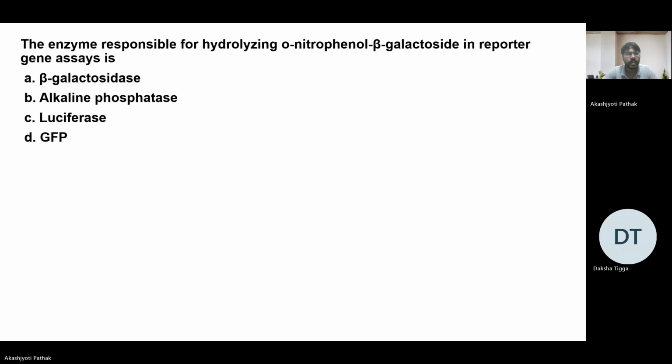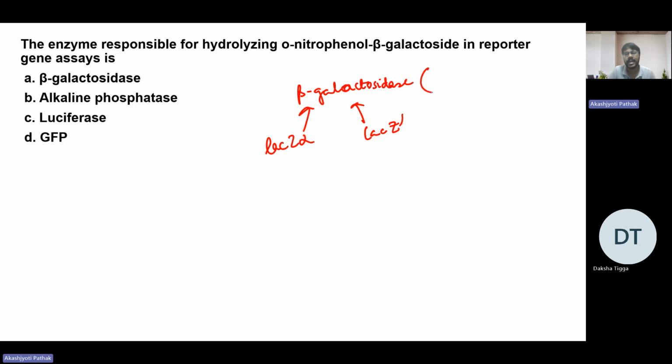Okay. Now, the enzyme responsible for hydrolyzing O-nitrophenyl beta-galactoside in reporter gene assay is what? So just now I said that this beta-galactosidase was produced by what? It was produced by two different genes which have been cloned separately. That is the lacZ alpha, and another is the remaining lacZ omega. So this beta-galactosidase can catalyze its normal substrate. Its natural substrate is lactose. So lactose will get converted into galactose plus glucose,